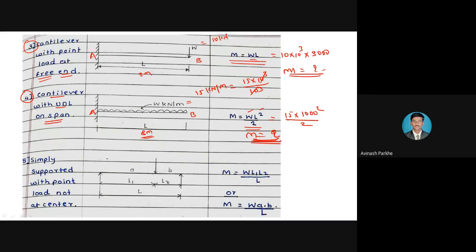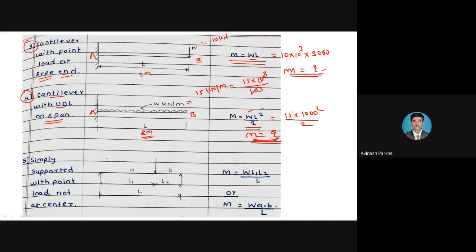So sometimes in the statement, if the bending moment is directly given, we can take this bending moment as it is directly for your further calculation. But sometimes in the statement, the type of beam may be simply supported or cantilever. Type of beam and type of load, maybe it is subjected to the point load or it is subjected to the UDL.